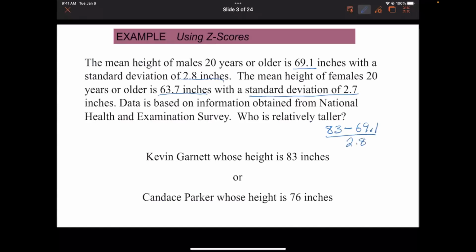If you put this whole thing in your calculator all at once, make sure that you put parentheses around your numerator. Otherwise, you will get the wrong answer. So you put parentheses around the numerator, and then divide by the denominator, the standard deviation. So the z-score for Kevin Garnett,